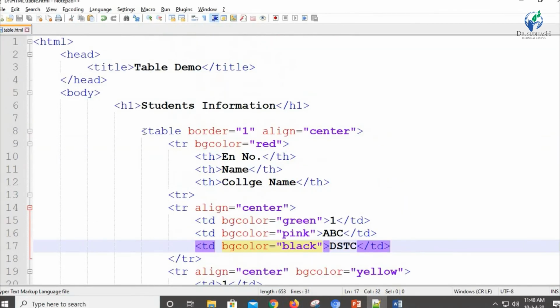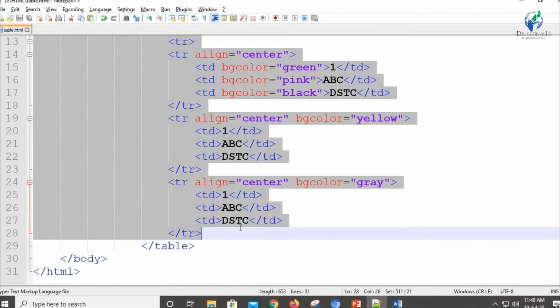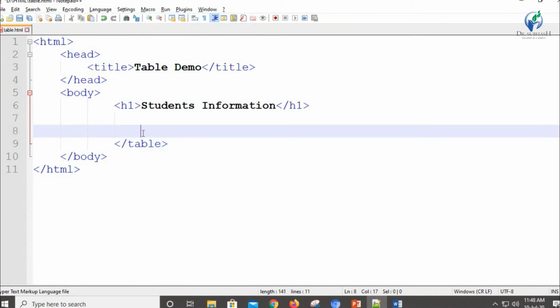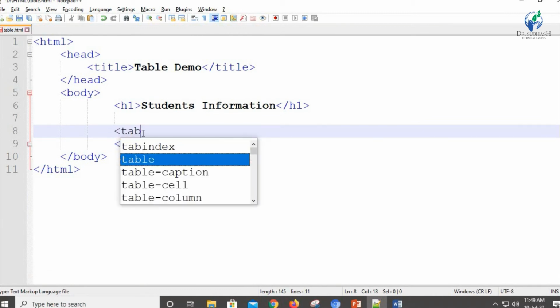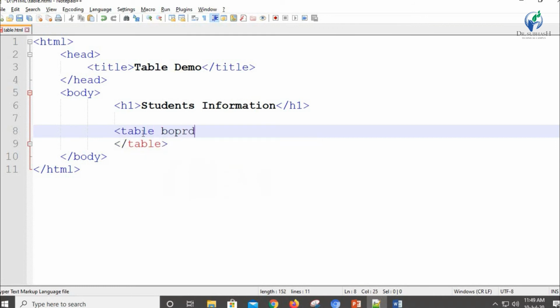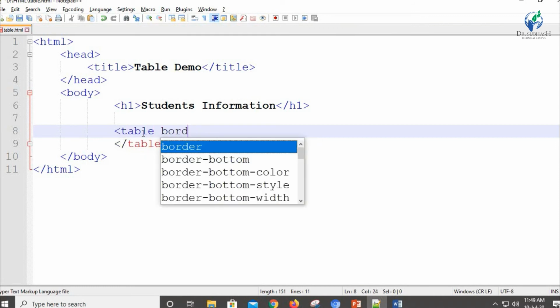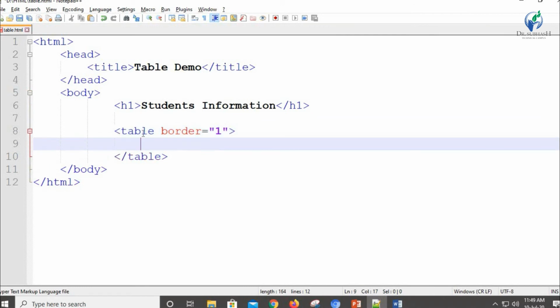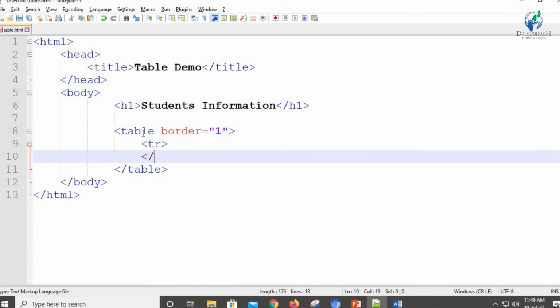I'm going to set the table border equal to 1. Inside that I'm going to create TR. How many TR? I'm going to create 3 TR.